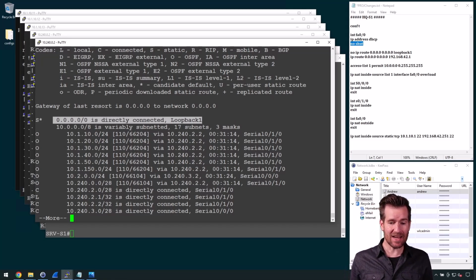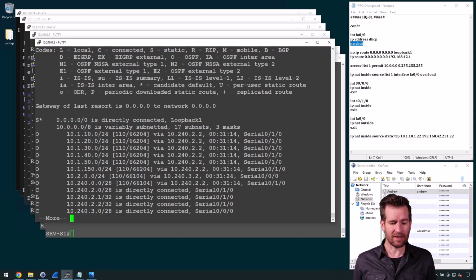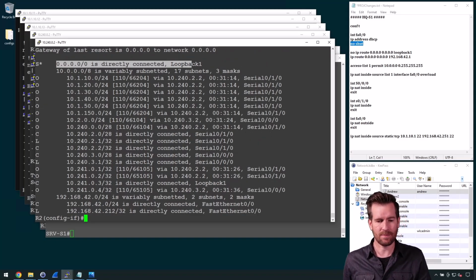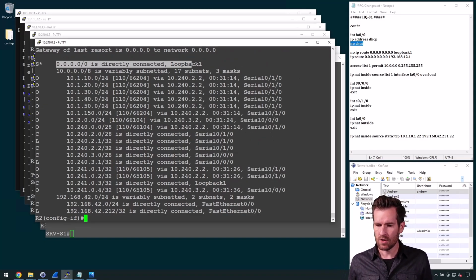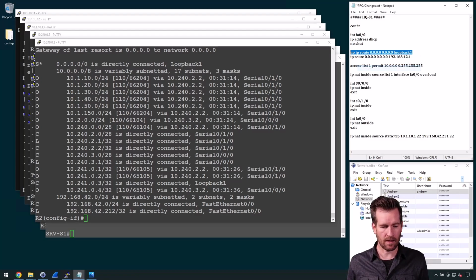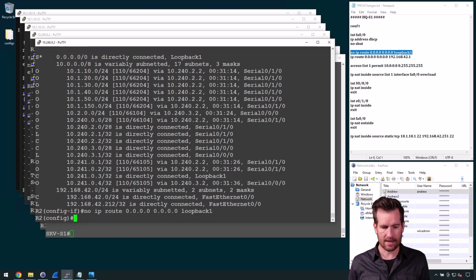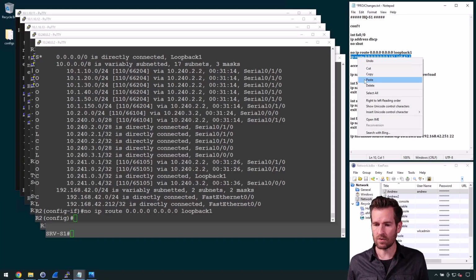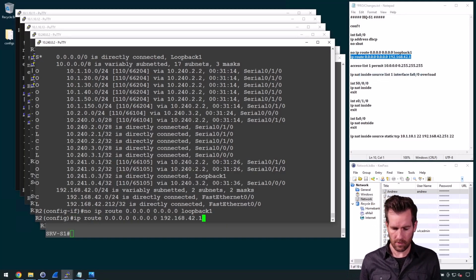So we need to change that, because loopback 1, any traffic that goes there is not going to respawn back. It's just going to drop the packet. So what we're going to do is take that default route off. I'll copy this and paste it on here and take that default route off. And then we're going to put this new one on, which is pointing to the home router that I have,